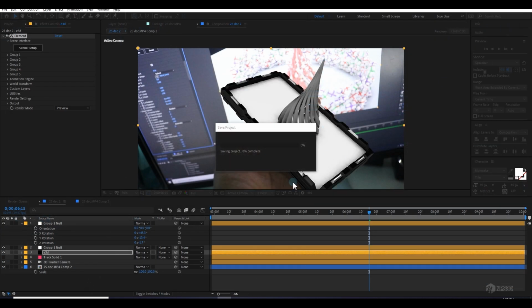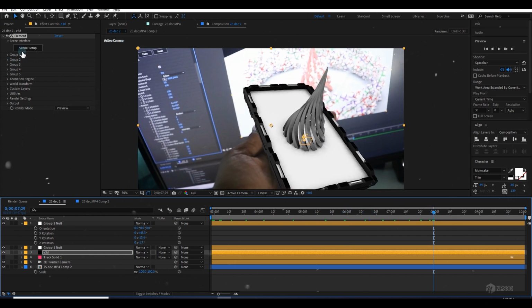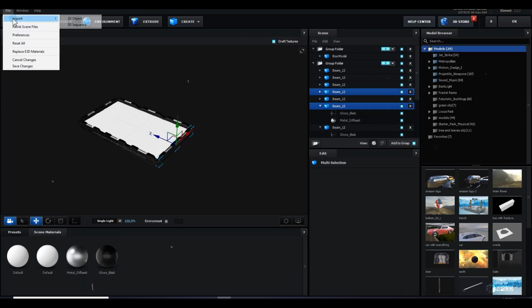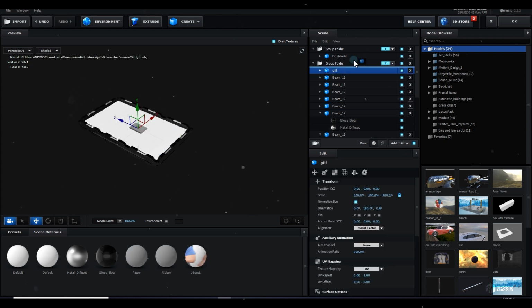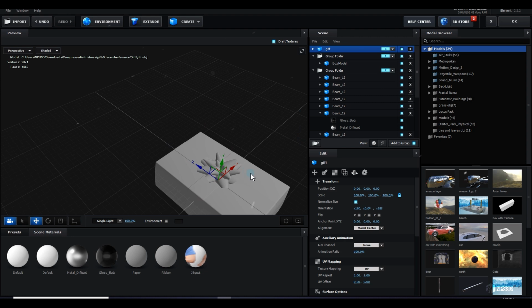So now you can see, now it's covered my fold font boundary. It's looking good. Now let's create a gift. So go to the scene setup. I downloaded this model from Sketchfab. I will put a link so you can go there and download it. And I'll make this gift in another group 3, because I want to spread it.